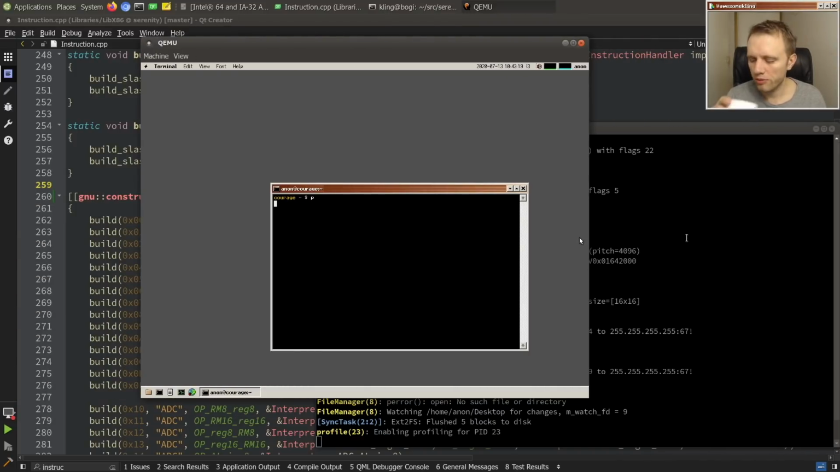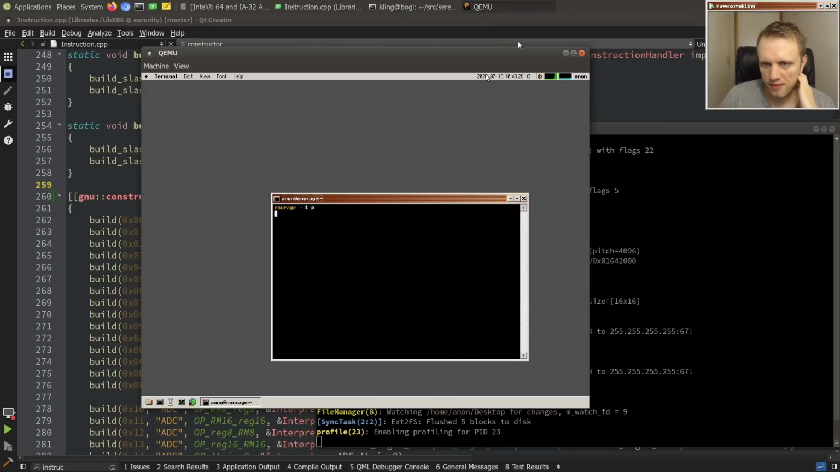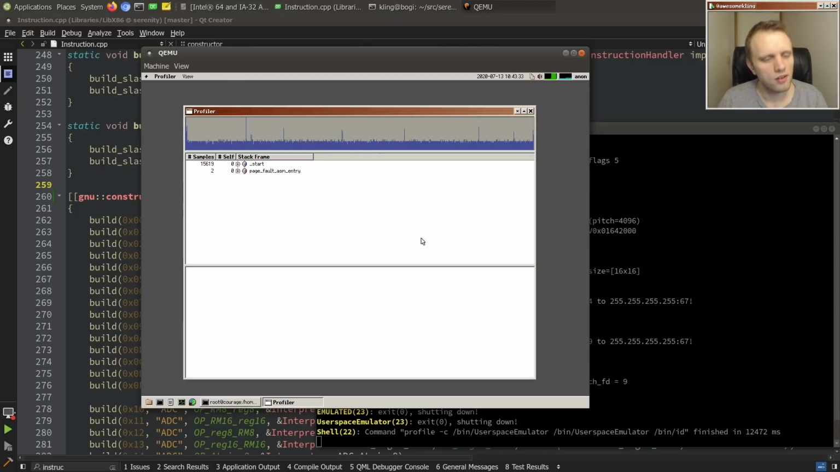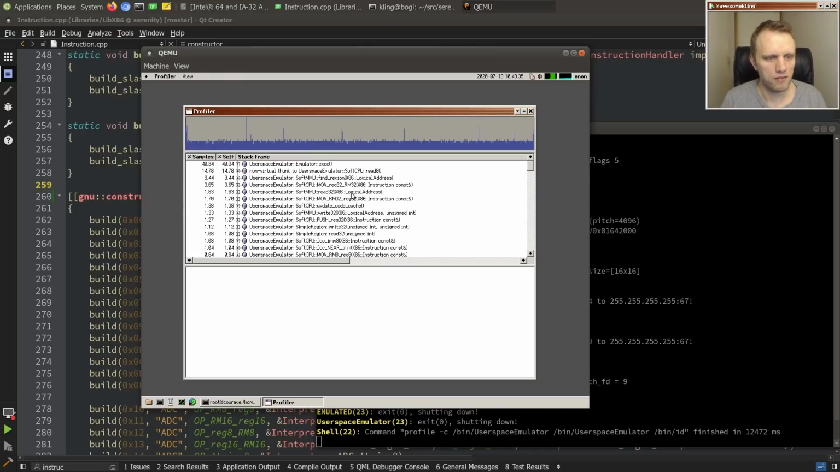So now we are profiling. Man, these shell aliases are really nice. What's going on up here with the rendering glitch? Weird. Okay. So,